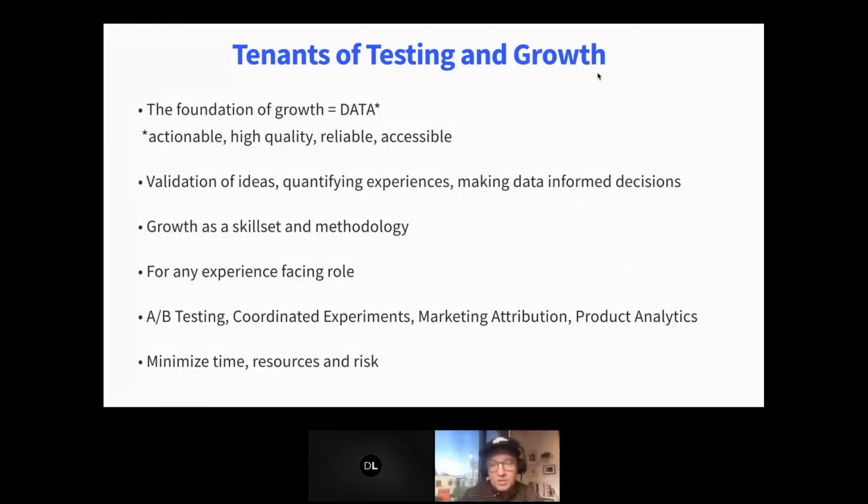Again, my focus here isn't to necessarily go into all of the ways in which you might be able to test, but instead think about experimentation as more of a culture and a practice. So even if you're in a sales role, for example, speaking of my previous experience, I've spun up lots of tests in sales and been able to report back to the business: why did I do the test? How did I do the test? And what happened as a result of the test? That is growth design.